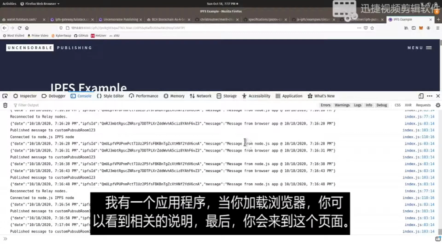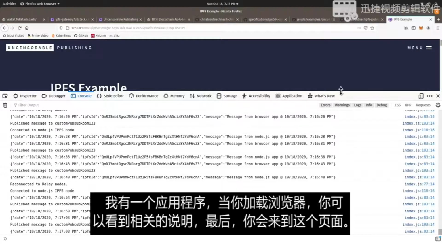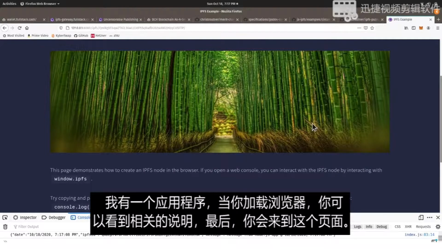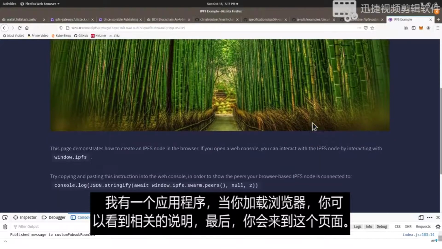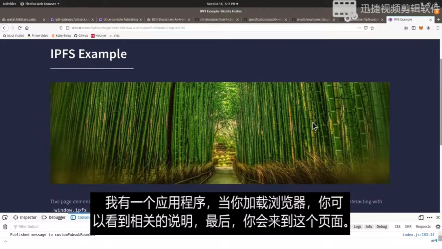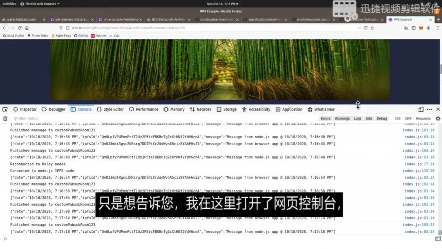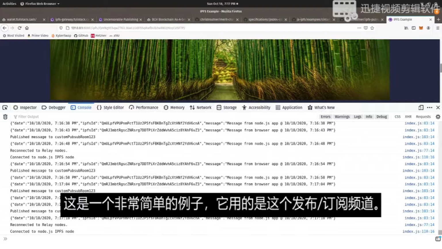And so I've got the app. If you load the browser side up, there's instructions that you can read and follow, but ultimately you're going to get to this web page. There's not much going on here. It tells you to open up the web console, which I have open here. It's a very simple example